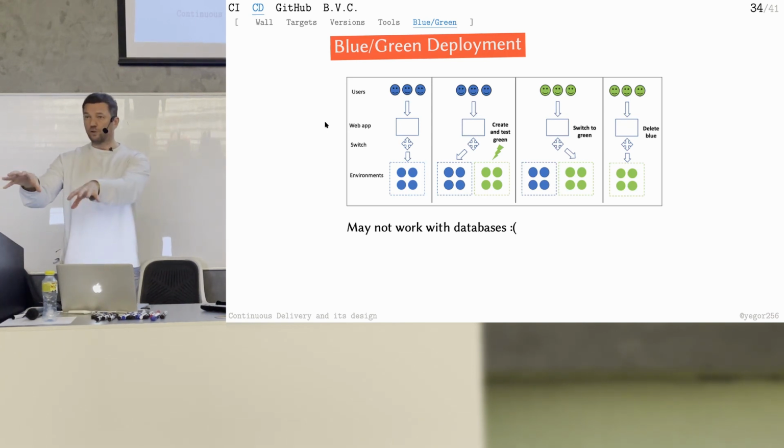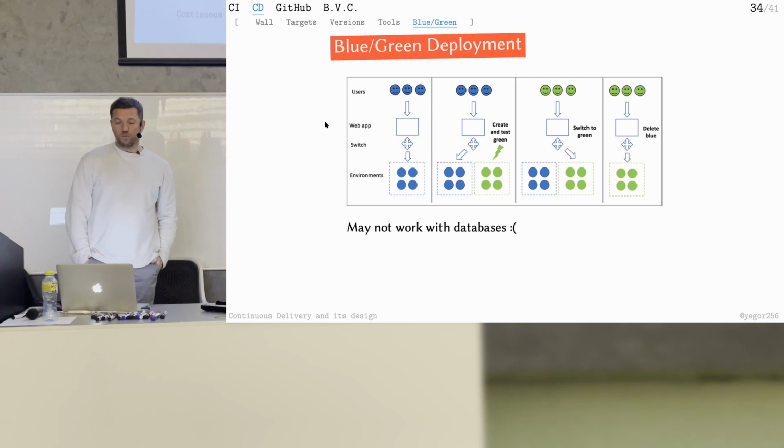So now we have two applications running at the same time. Then I check whether the green one is really green. Does it work? So I make some tests, like general health checks. Does it work? Does it open the web page? Does it answer a simple request? Everything is cool. And then I switch my router from this to this in one click, like boom. And then all traffic starts coming to this one. And then I shut down this one. Just kill it. This is called blue-green deployment.